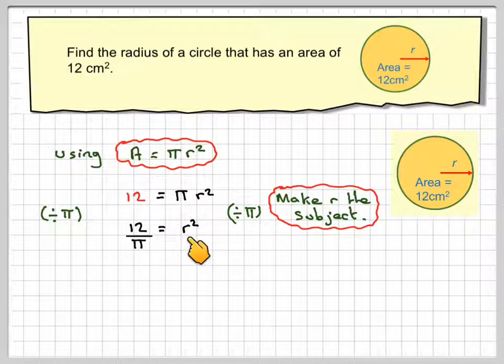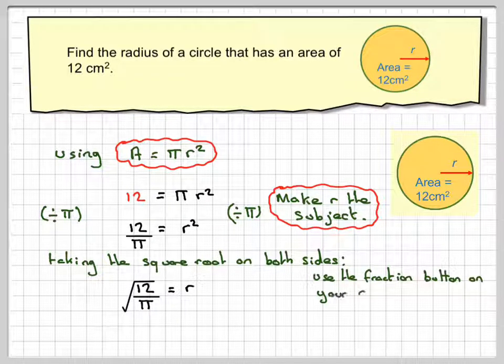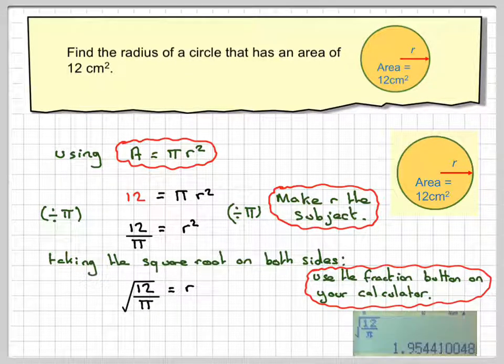And now obviously we want r as the subject, so the opposite of squaring is to take the square root of both sides. So taking the square root of 12 over pi, we just write square root of 12 over pi is equal to r. Make sure we're using fractions. And so using the fraction button on the calculator, we enter square root, fraction button, 12 over pi, and that will give us the answer straight away as